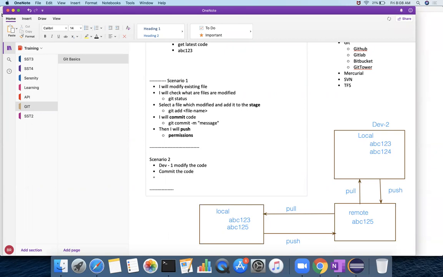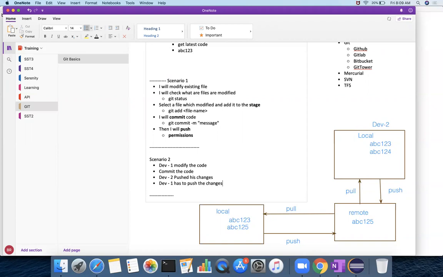Developer 2 pushes his changes, and dev 1 has to push the changes.